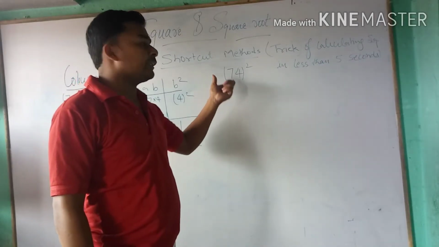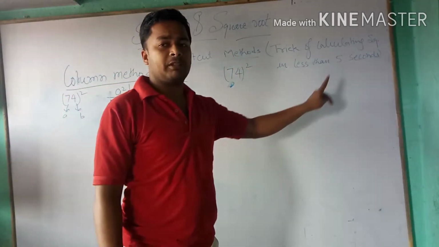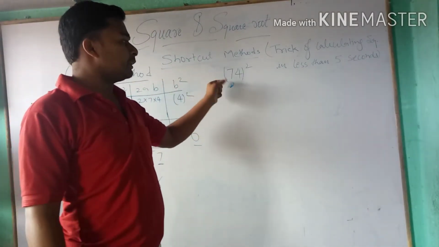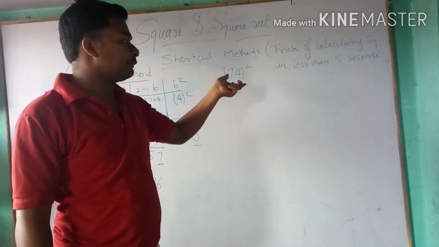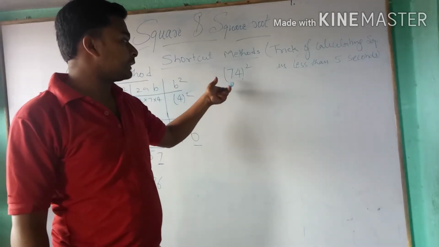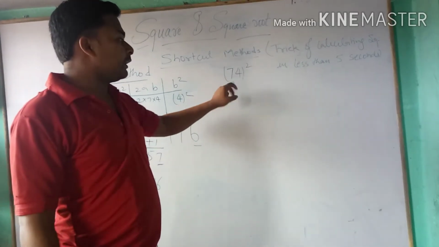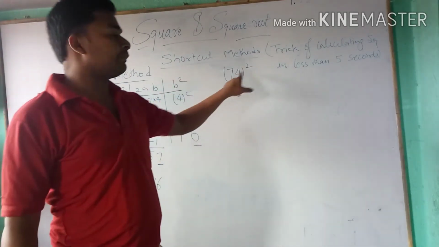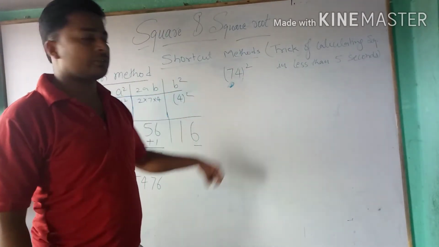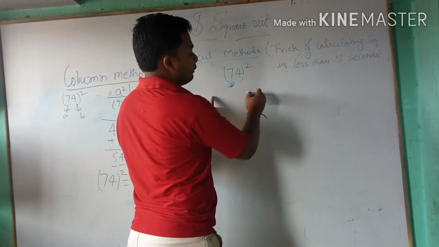Now the most awaited moment, that is how we can calculate the square of any number in less than 5 seconds. My dear, this requires a little practice. Yes, to explain this will take 10 or 15 seconds, but when you practice more and more, you will solve one question in less than 5 seconds. Here I am taking the same question, 74 square, and it is a shortcut of this only. 7 square is one number, this is another number. 7 square is how much? This is equal to 49.